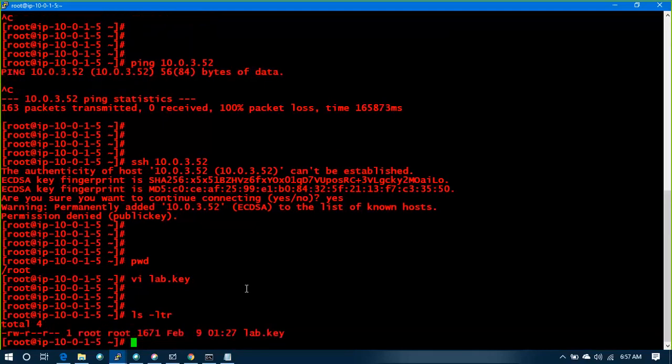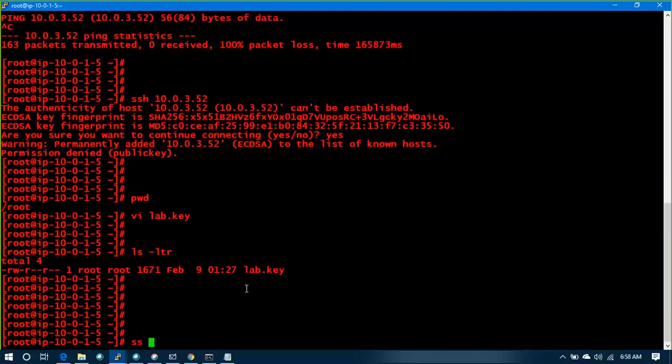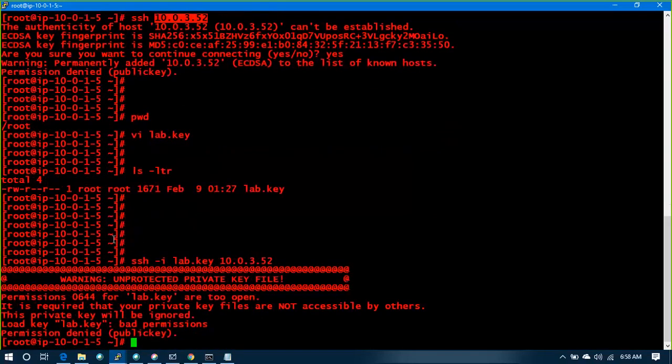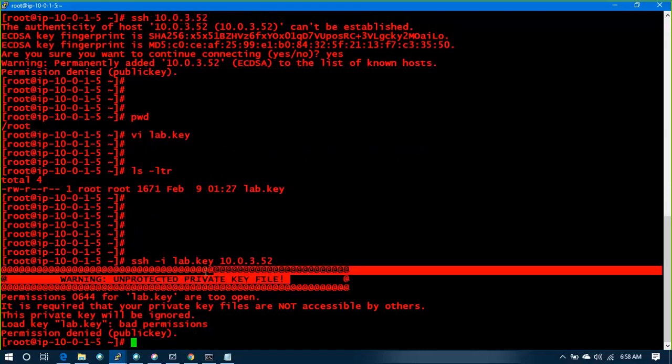Okay, so now I am trying to connect SSH -i key. And what is the IP? This is the IP. What is the error message? Warning, unprotected private key file.